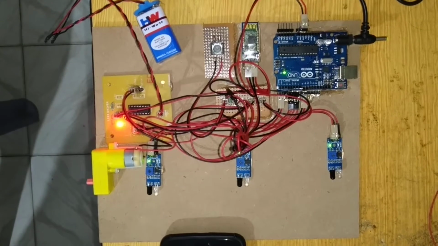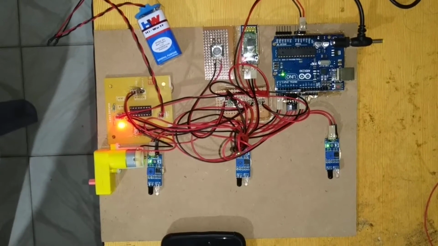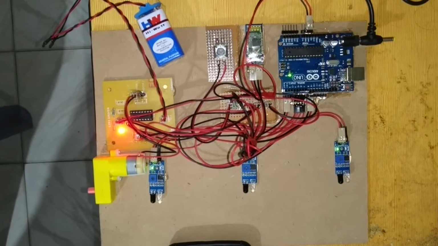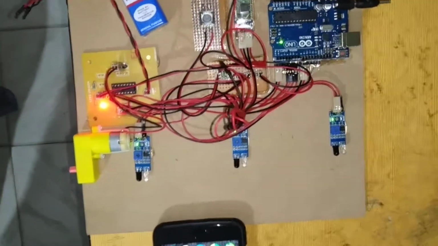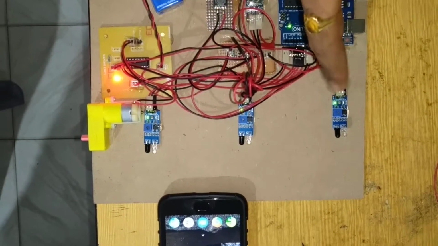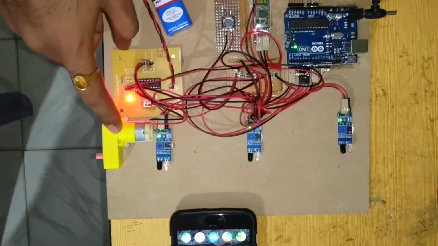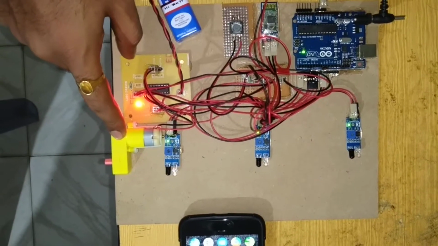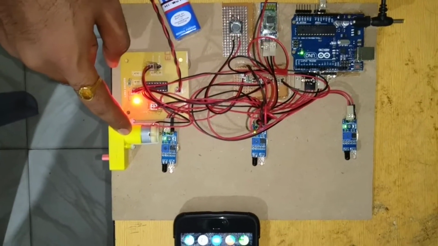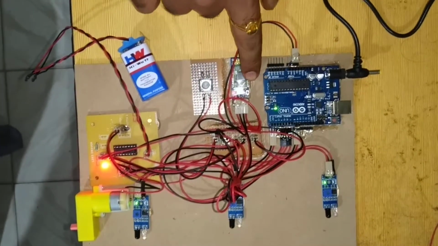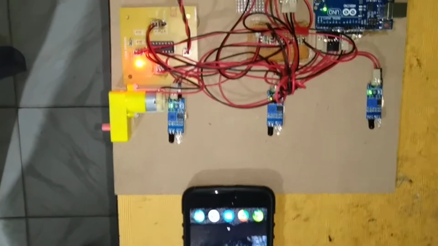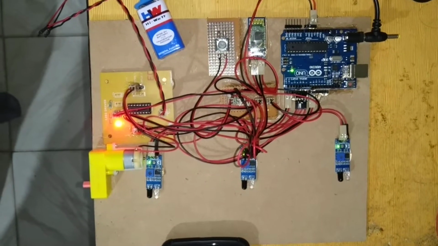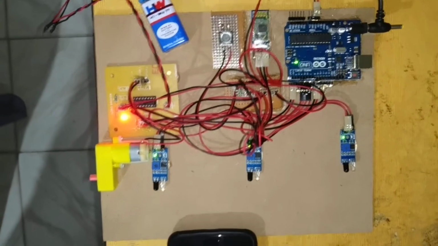Here I am demonstrating an embedded project, Android car slot parking information system. The main aim of this system is to send information about the empty slots in a parking area, and when the slots are empty, then only the vehicles will be allowed. If the slots are filled, then the vehicles are not allowed. The information can be sent through a Bluetooth module to your Android smartphone. That means the user can easily get the information whether the parking slots are available or not in the parking area. Let us see the demonstration.